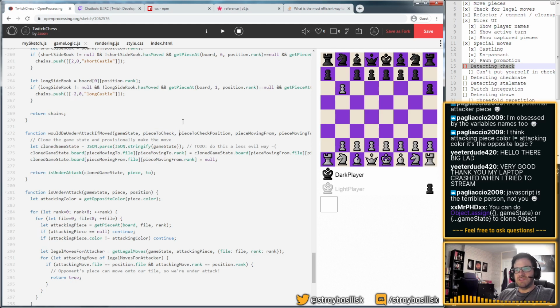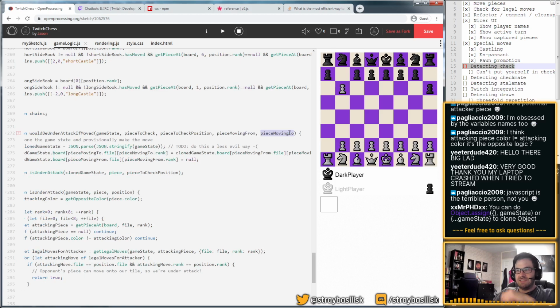Okay, we need that. So in this game state, is this piece at this position under attack, yes or no? That's what this will tell us. The idea is that we could call this saying, here's the game state, here's our king's position, here's the piece that's trying to make a move, and here's the position it's going to move to.